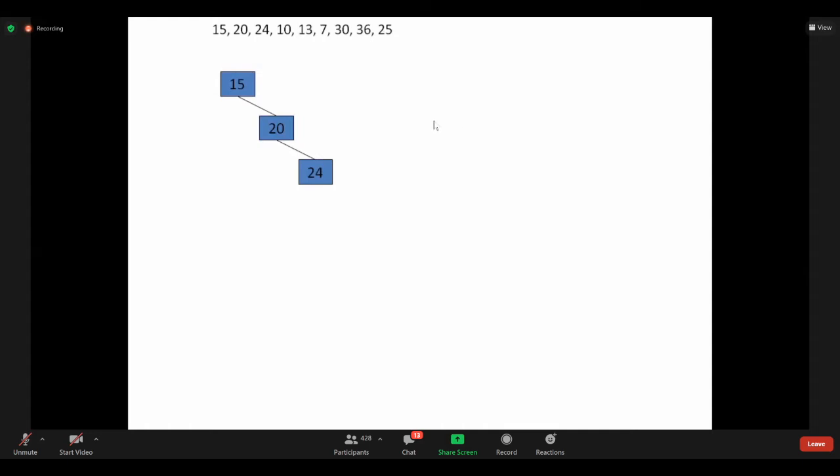My tree will become this. Is it okay? Agree? According to our shortcut, the middle node will become root. In LL and RR, our middle node will become root. Okay, now I want to insert 10. Where can I insert 10? Left or right of 15? Okay, left of 15. Right.